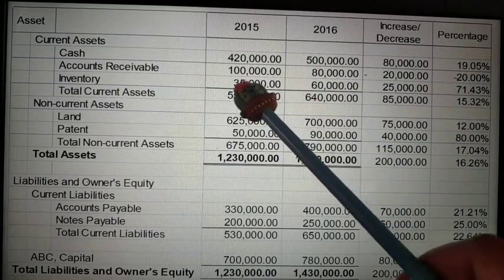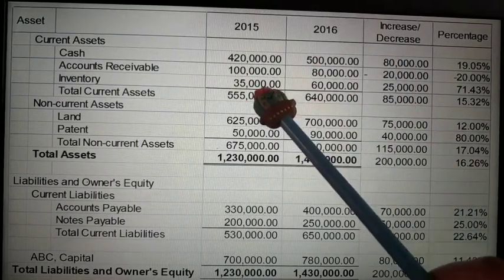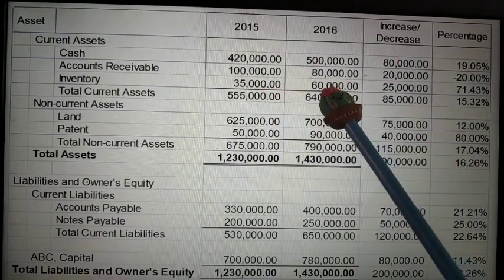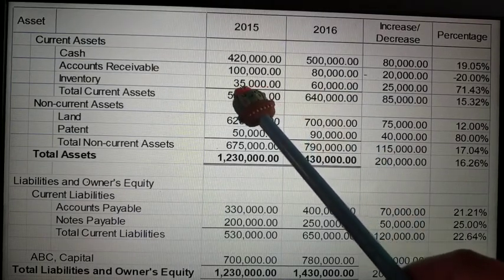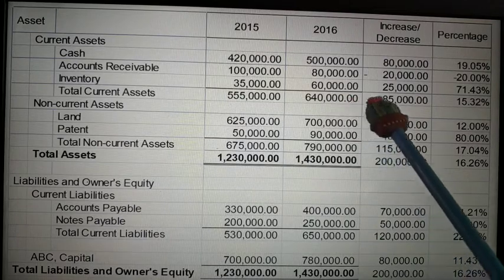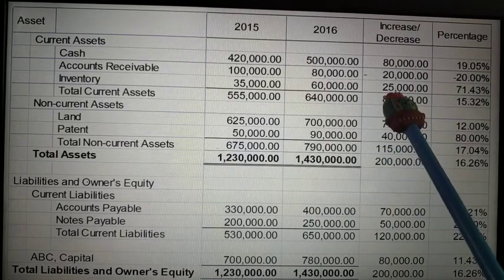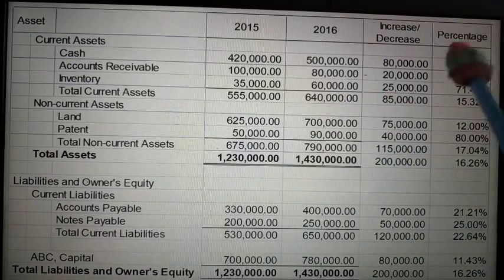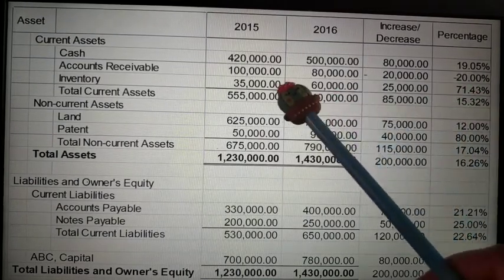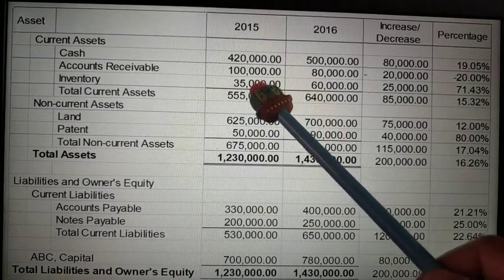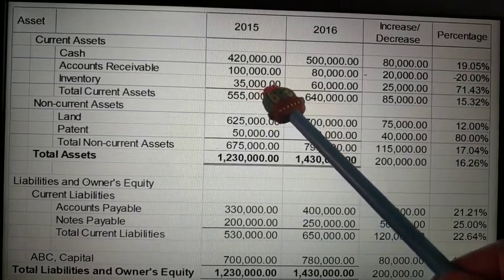Okay, next, on the inventory, so the same process: from the current year which is 60,000, i-minus nimo siya on the previous year which is 35,000. So nag-increase siya og 25,000. So, naka-increase siya in percentage 71.43. It means nga duha ang meaning ani. It means nga